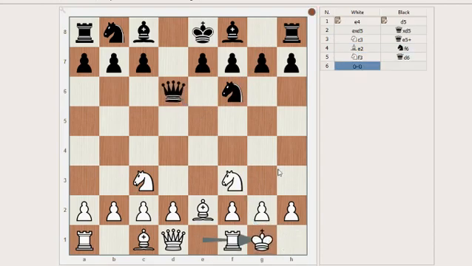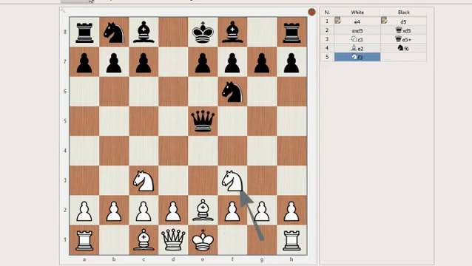And as you can see, we are way more developed, and we got both of our knights out, one of our bishops. We can move our pawn up and then get our bishop out, and his queen is out in the center, and he only has a knight. Oh yes, and we're also castled, which is a very big part of developing. So